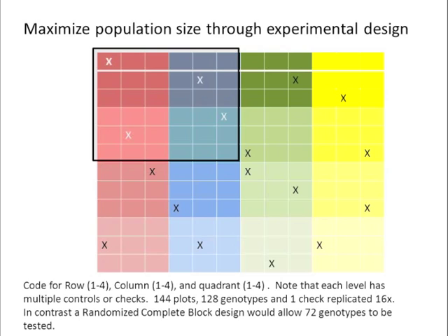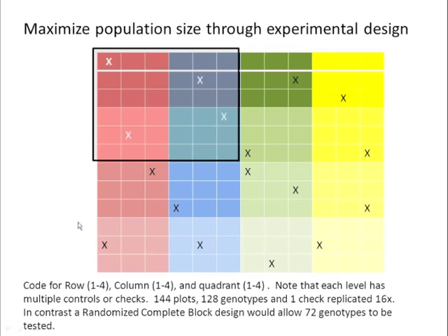One of the things that we've done to maximize population size through experimental design is shift some of our work to augmented designs. For those of you that may not be familiar with an augmented design, I just want to give you a quick overview. Basically, in an augmented design our population is essentially unreplicated, but we replicate checks in such a way that we can account for different kinds of spatial variation in the field. In this particular design, we're accounting for variation